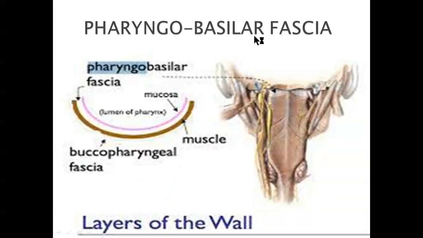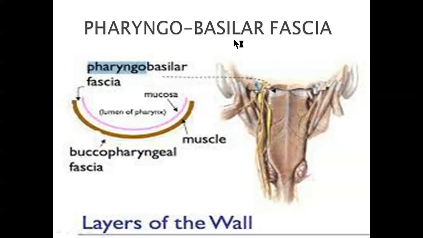Now we have pharyngobasilar fascia. Till now we have covered the main three deep fascias. One is your investing fascia of the deep fascia. Then is your pretracheal fascia of deep fascia. Then we have prevertebral fascia of deep fascia. These have been covered. Now, a few important points for the exam purposes about further subdivisions of your deep